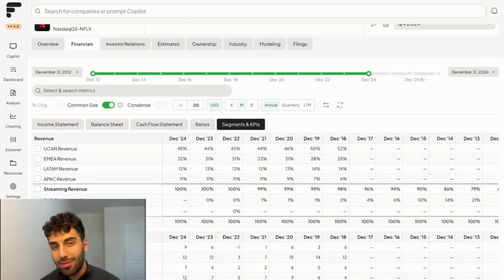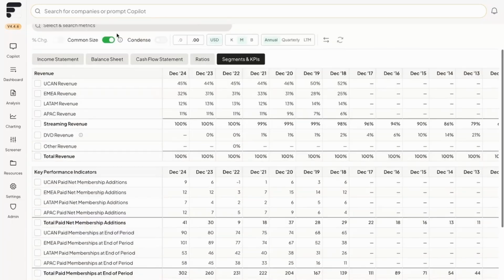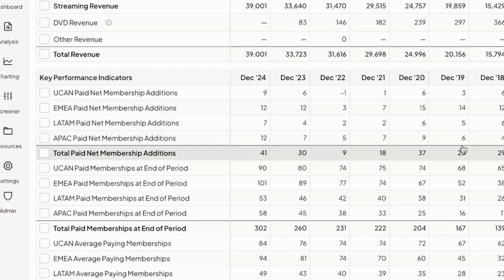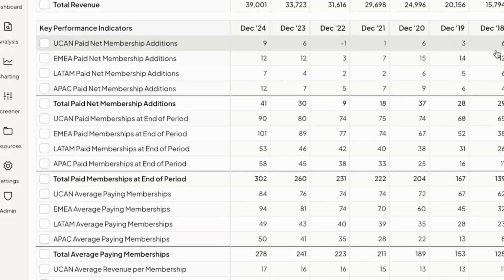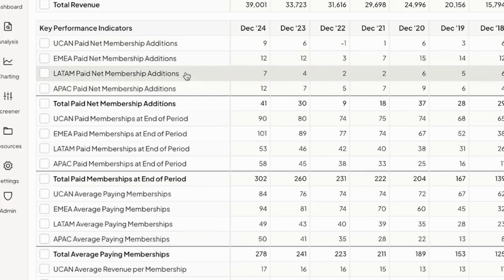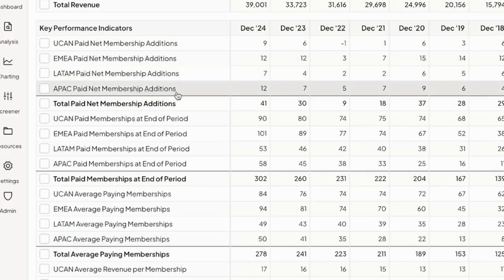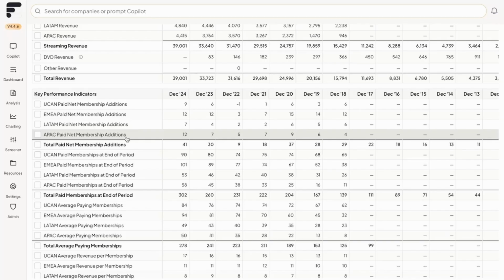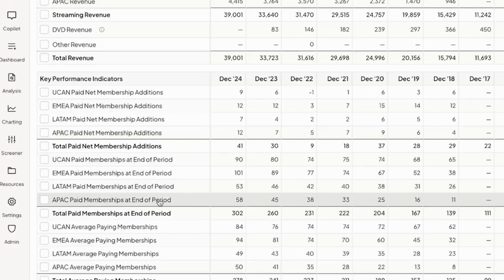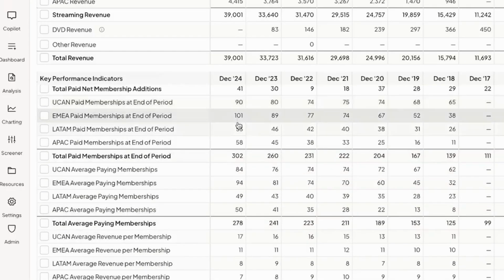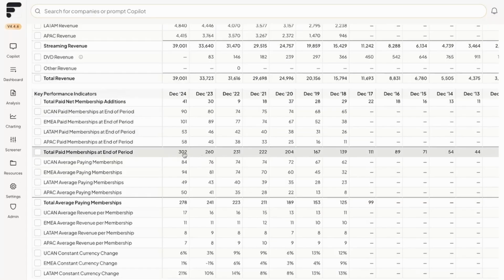With that being said, our KPIs don't stop at just revenues. We have a variety of other metrics that we track, again, on a quarterly basis. And so, for example, with Netflix, you can also go down to net membership additions. This just tells you how many total members were added. You also have your paid memberships at the end of the period, both as a total and per geography. So we could see that in the most recent fiscal year that Netflix just finished up, they actually exceeded 300